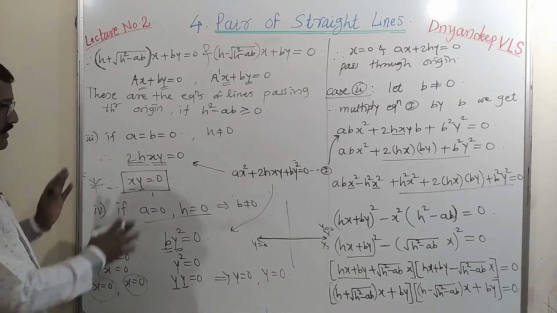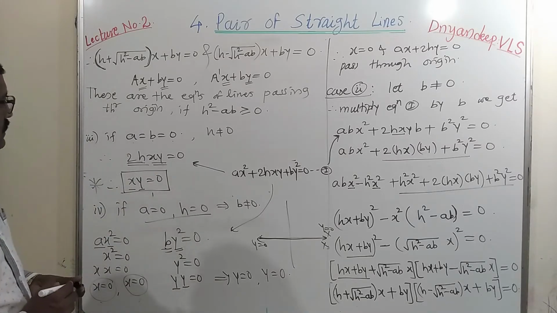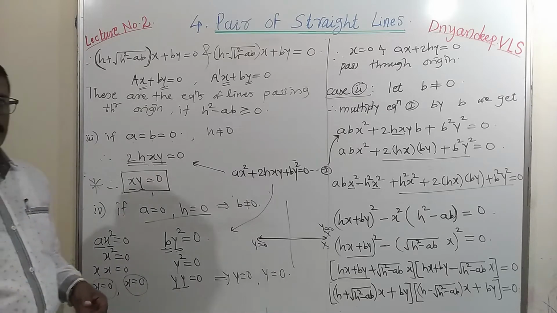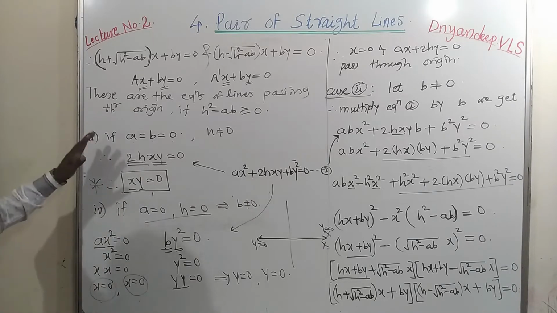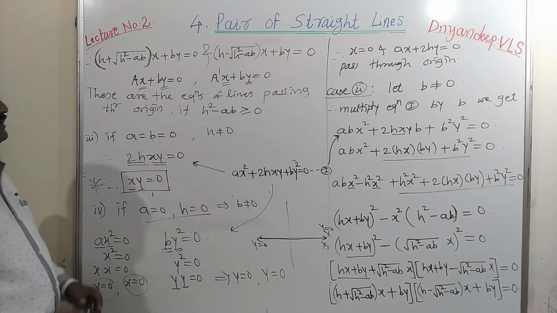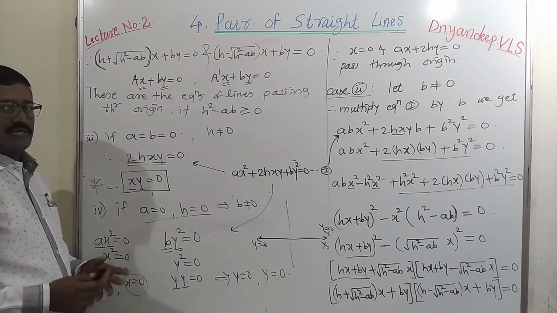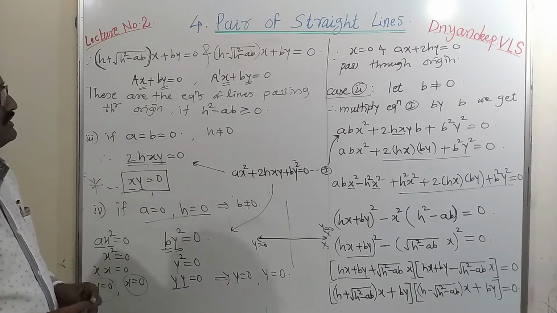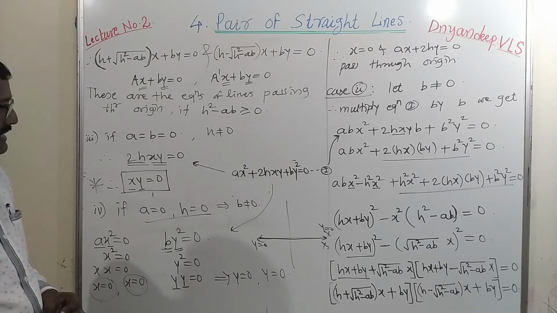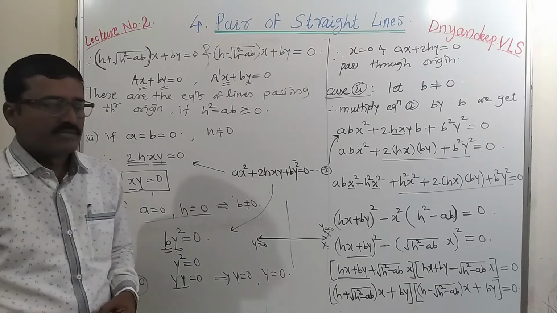So these are the other cases, but in the textbook only two general cases are given. These are very small and particular cases. That's why these two remaining cases are not given in your textbook. Okay. In the exam you can write only the first two cases. Okay. So this one is a very important, easy and interesting theorem.